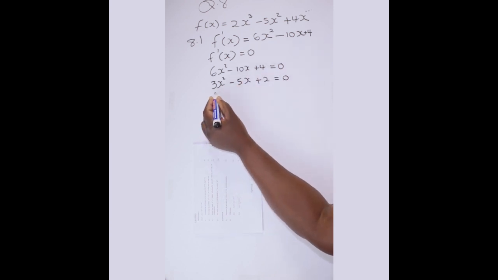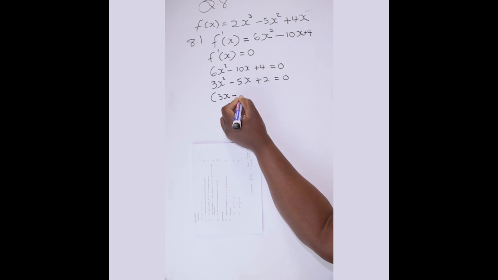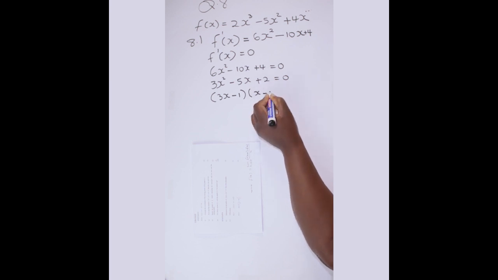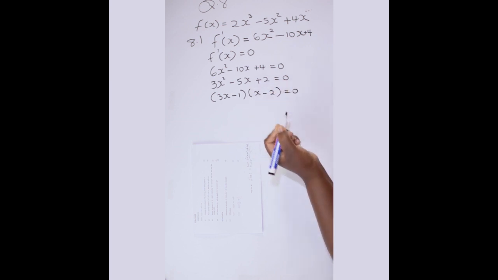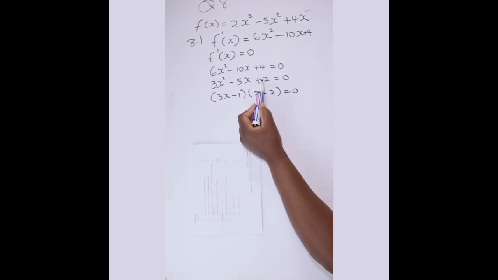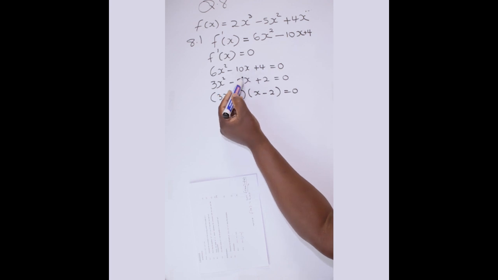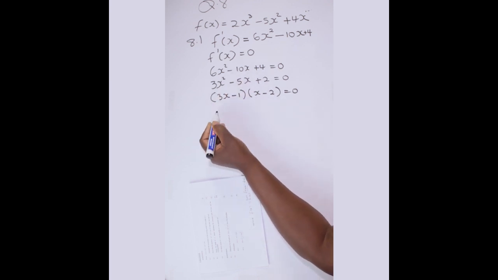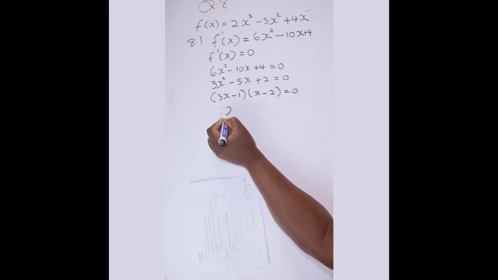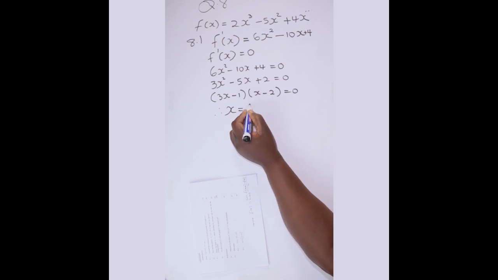And then we factorize. We'll have 3x minus 1 and x minus 2. Remember, at the end of the day, when you remove the brackets and multiply back, you must get this statement as it is, such that we'll be able to get the negative 5. This is just algebra. Therefore, x will be equal to